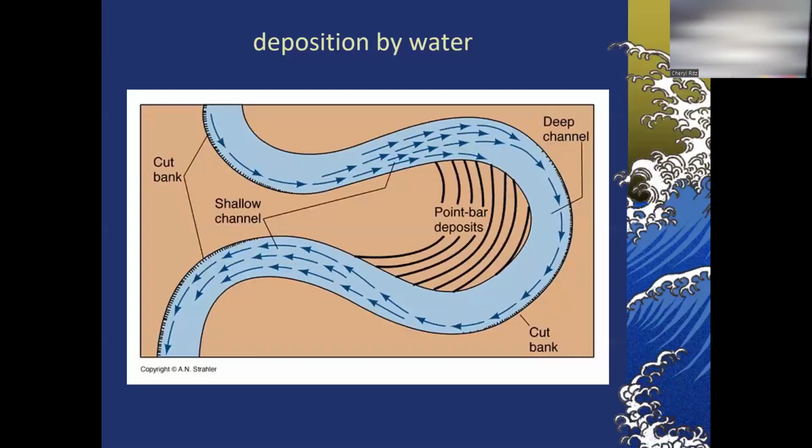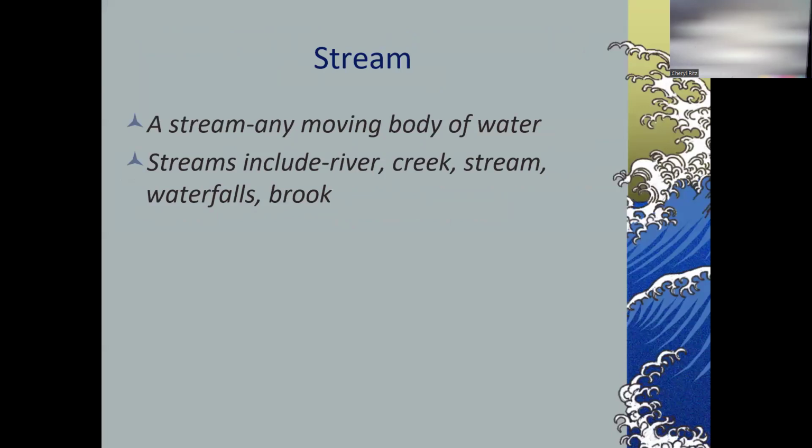But it's actually not a hard concept. What they are talking about is legit any moving body of water, any flowing body of water. So right there in the top of page 19, what is a stream? It's any moving body of water. It includes a creek, but it also includes a river or an actual stream. It could include a waterfall or other places. They'll use the word brook.